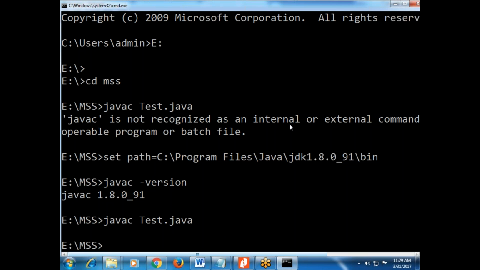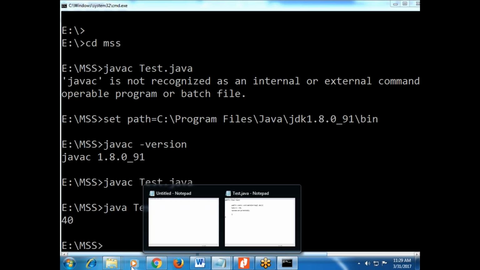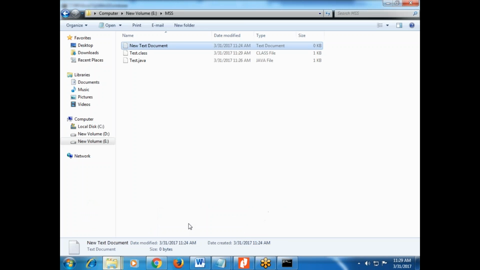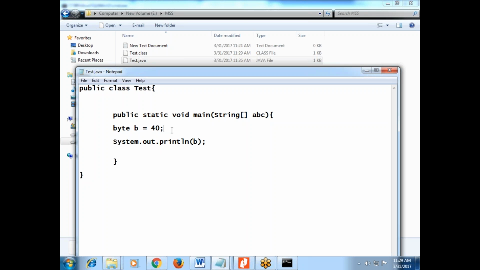File is not recognized as an internal or external command. Okay. Now we will run this program. See, we get successful output. Okay. Then again we will take